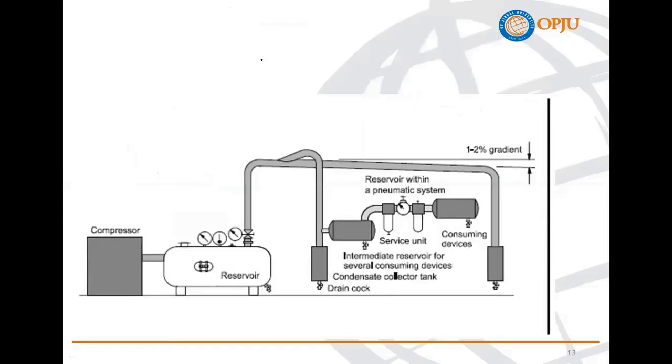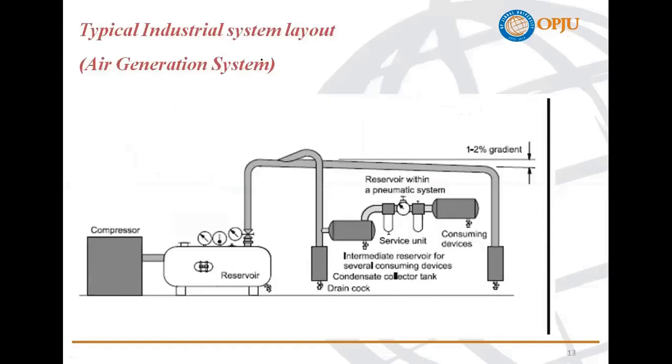First, this is the typical industrial system layout, or you can say the air generation system. In the air generation system, you can see that there is a compressor, and the compressed air is stored in the reservoir. Then this compressed air is utilized at the various sections whenever it is required. You will find that from the reservoir, through the pipeline, the compressed air is supplied